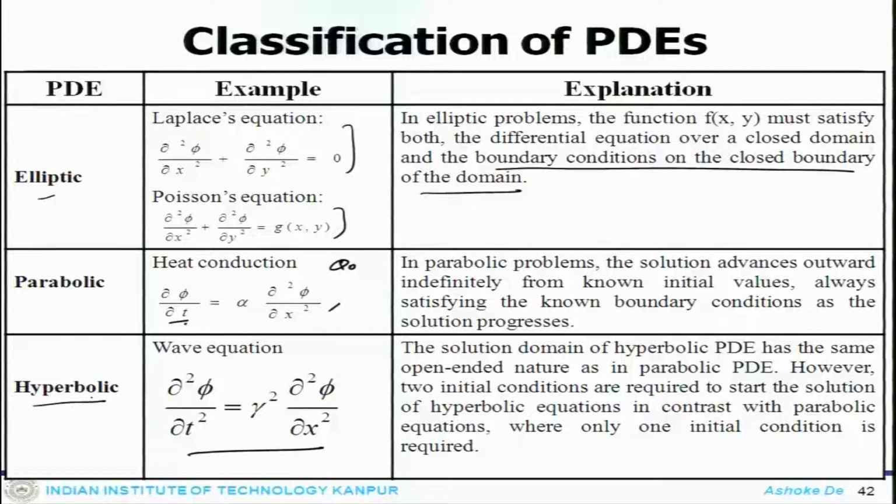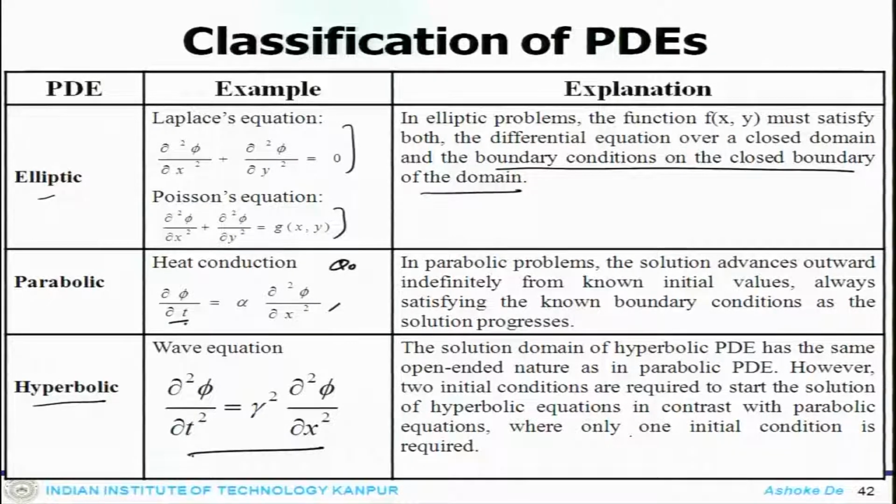Now if you look at the wave equation, they are hyperbolic in nature. The hyperbolic solutions of a PDE are a little bit open ended. The reason is that solutions are going to go in two different directions. Starting from initial conditions, it can actually go into different directions. So these are the natures of different equations.